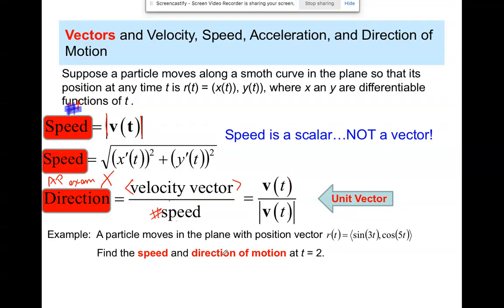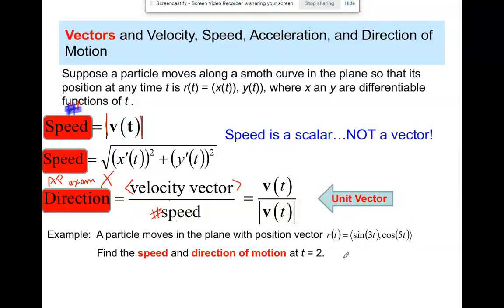So notice here, direction of motion isn't path. If I ask you for the path, I'm just asking you to draw arrows. That I've seen on the AP exam. I haven't seen direction of motion, but it still is part of the curriculum. So yes, we will assess you on it. And you've got some homework problems on it. So here is